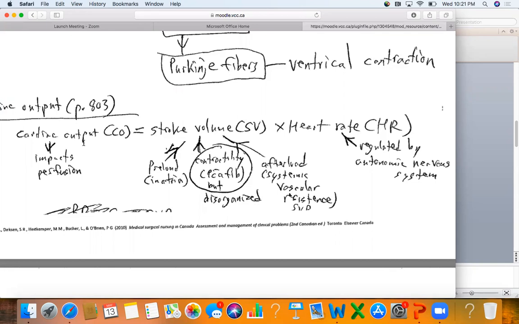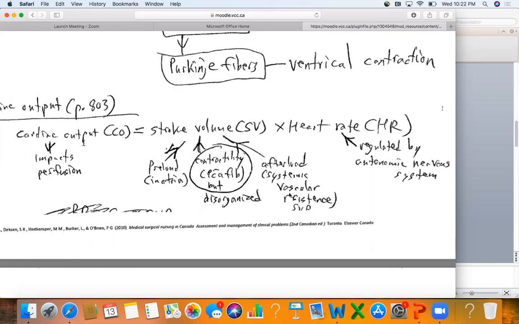Of course, there's always exceptions to that. Narrowed lumens, clots in the way, etc., etc. Inflammatory processes, who knows? But generally speaking, if you've got a heart that works well and the cardiac output is good, then you would think your blood pressure and perfusion would be good. And so the aim of the game here, a lot of the time when we're talking about cardiovascular function, really,